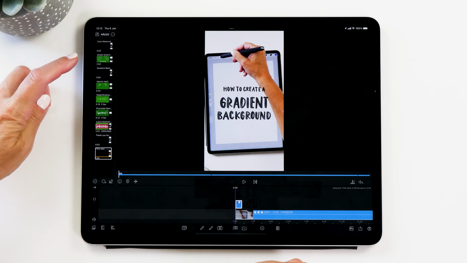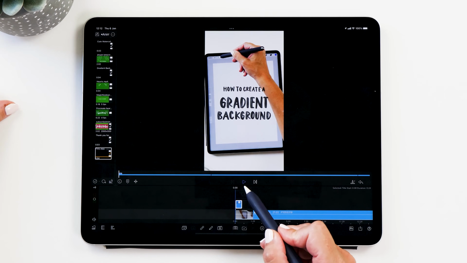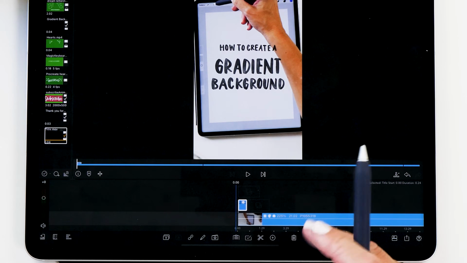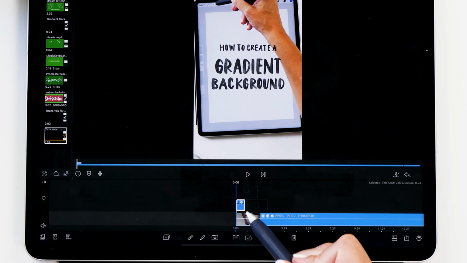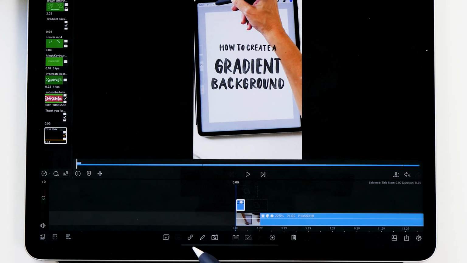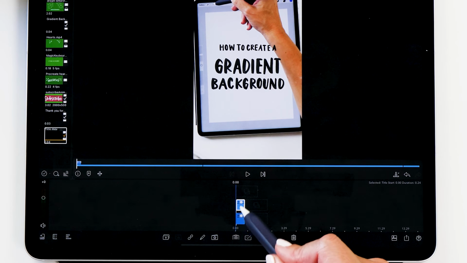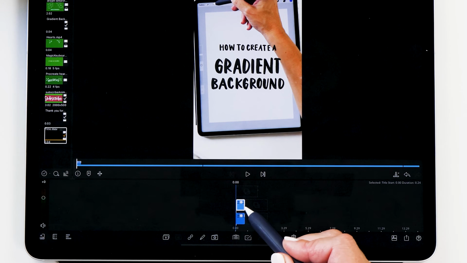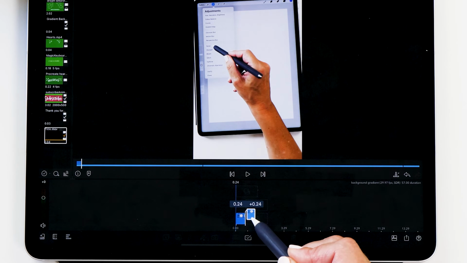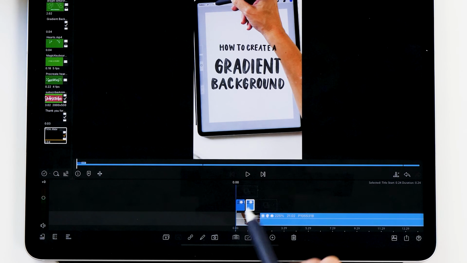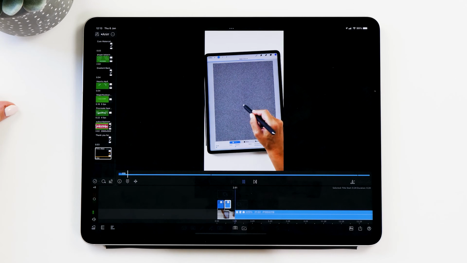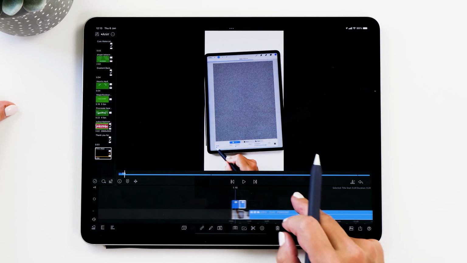Okay, then we go back and let's see now what this looks like. So now this is quite short. You see this only does one loop of animation. So what you might want to do is duplicate this, and you can tap on the duplicate button. Now what this does is place the duplicate animation on top. So what we want to do is drag it next to the previous one. And now let's see, now it's better. Now it wiggles the right amount of time.